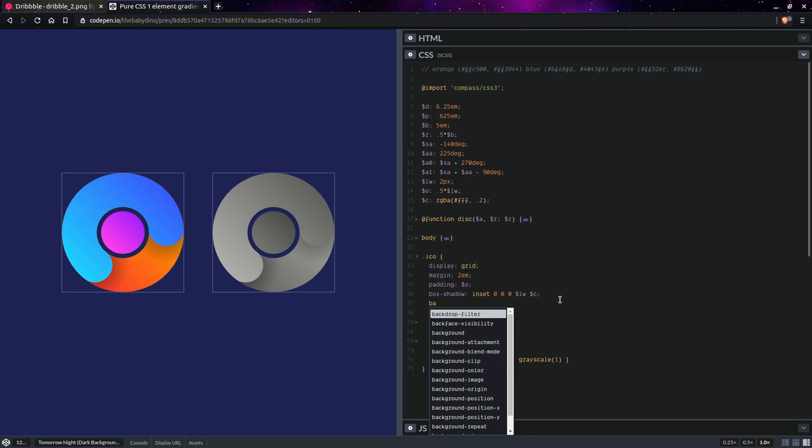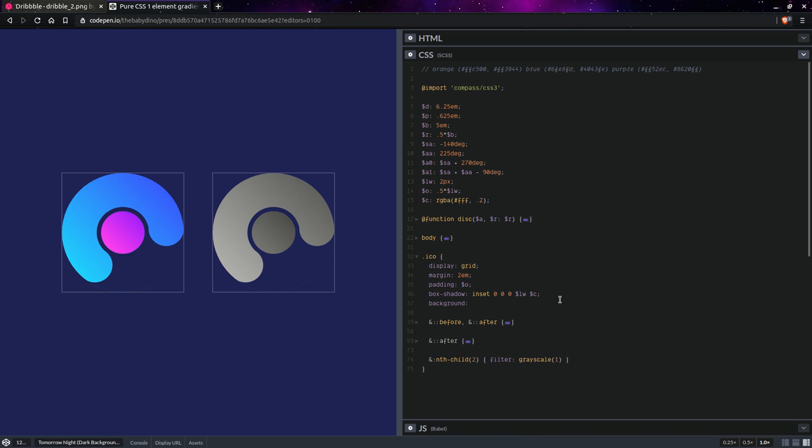Now next we'll be having a background, and actually here we're going to go back and take this list, which is going to be different in this case, but whatever. We'll be using something very similar here. So we'll be having the color up to the line width, and then it's going to be transparent 0. Okay, so here we'll be having linear gradient, that list,